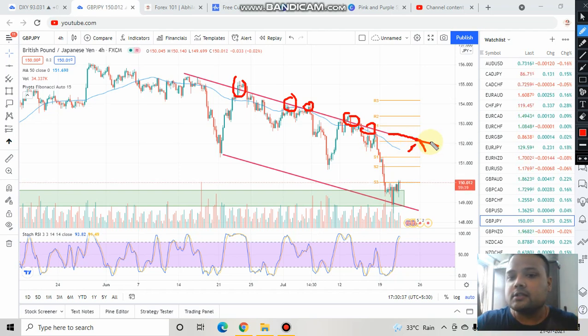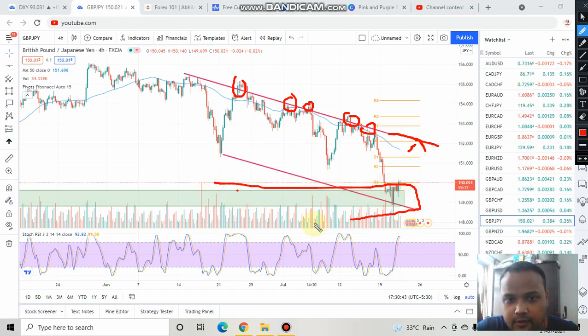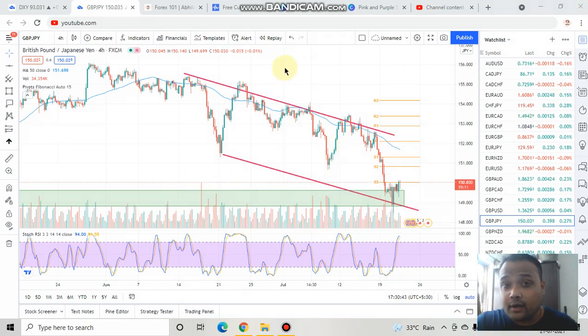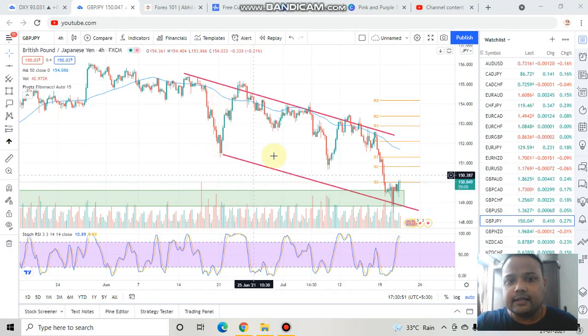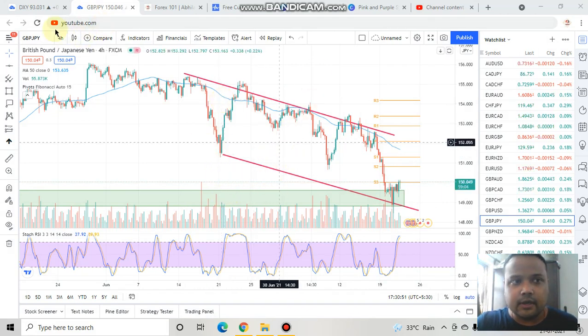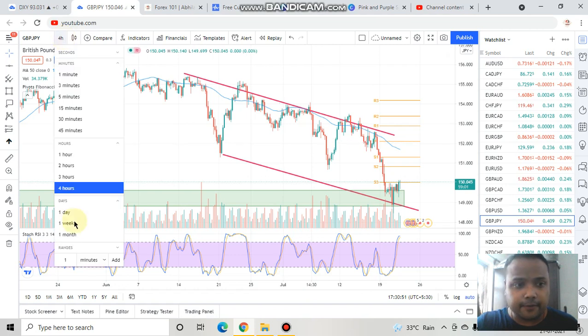On the other hand, you can also see that I have drawn a box here, this level. This level is also important for the market. Let me tell you one thing that I have not shared in my earlier videos: apart from these two levels, if we go to the weekly chart here,